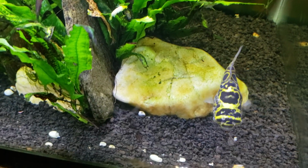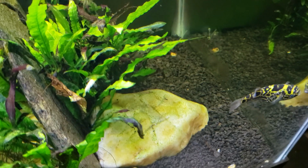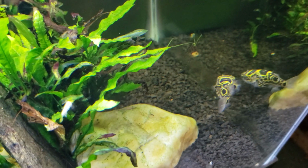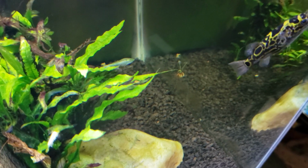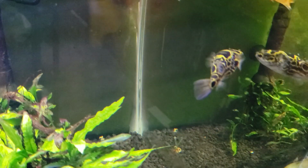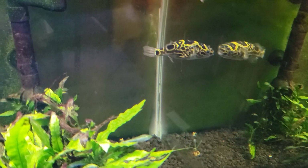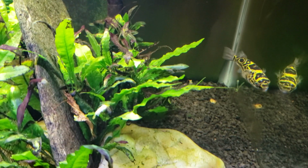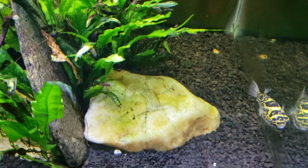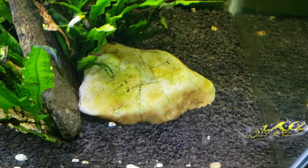I kept him in brackish water steadily for many years. It was maybe 5 years that he stayed in the same salinity. I never changed it. It was 1.008 for maybe 5 years I kept him in that kind of salinity, and he was developing those marks on him. And so several people suggested, maybe change the salinity, make it a little fresher. And so I've done that, and the salinity now, I keep it just below the threshold of brackish, even though